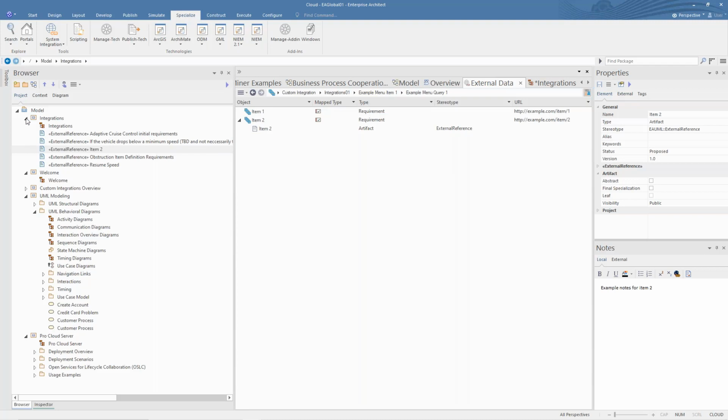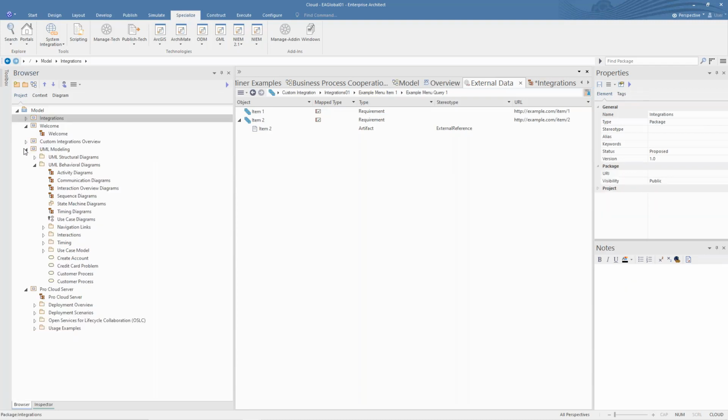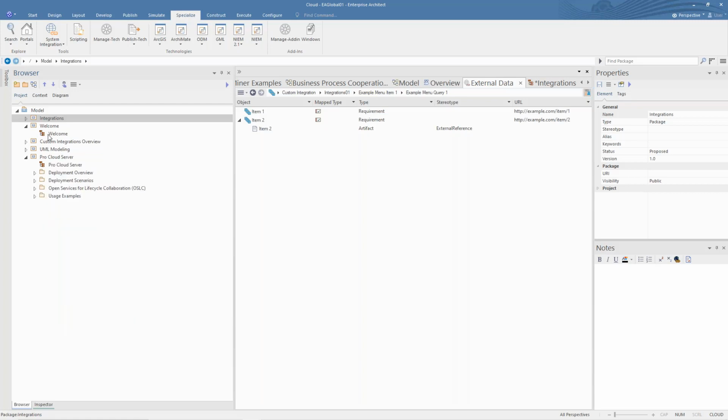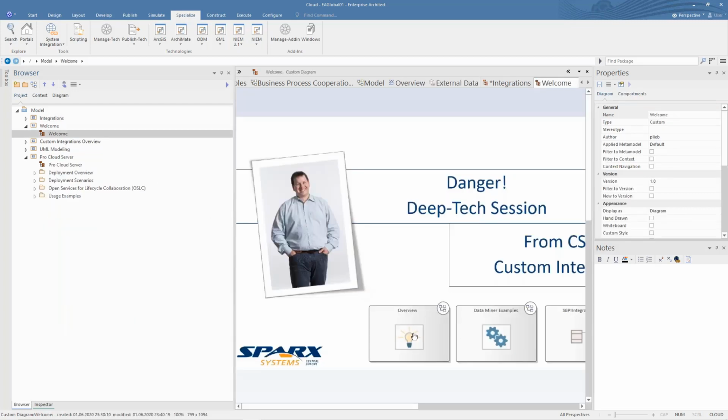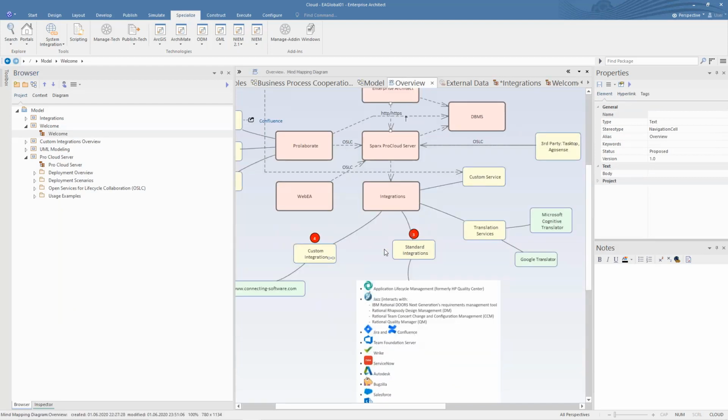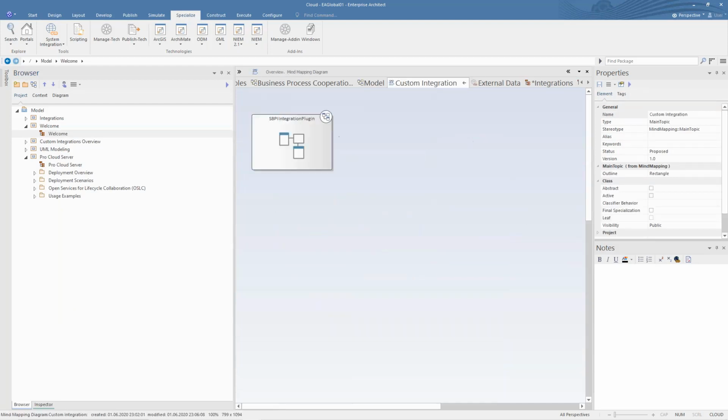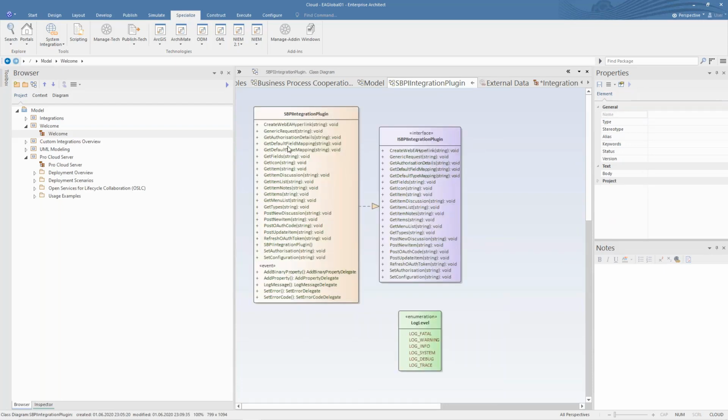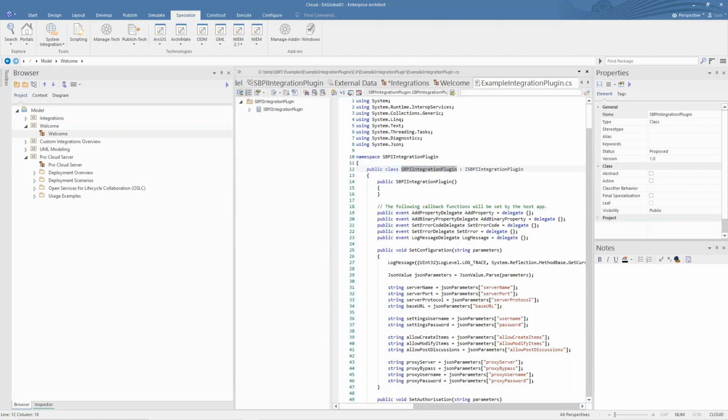So let's go back to my overview screen. So we go back to the overview screen and see this custom integrations path. And I have just reverse engineered the integration interface, and you see it's just implementation. So there is this integration plugin, the sample, and here is the interface for it. It is not that complex as it may look. In reality, it's a very simple interface. So let's go through